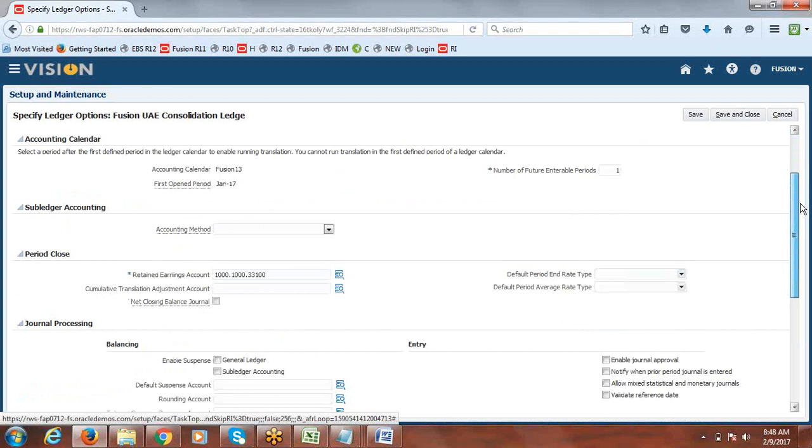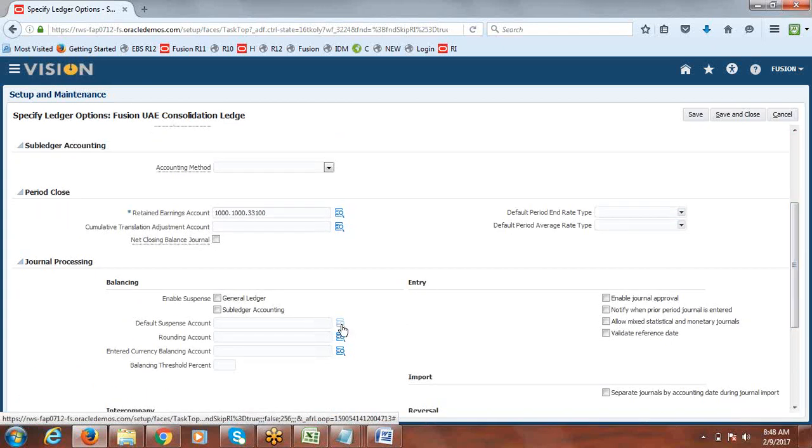We just gave this, right? UAE consolidation ledger, but it's missing.